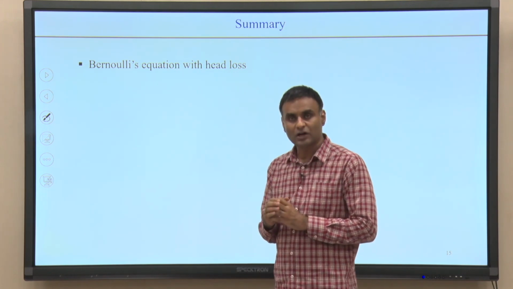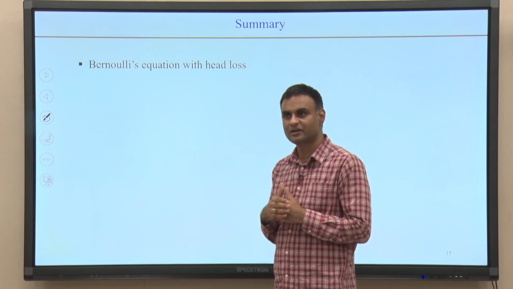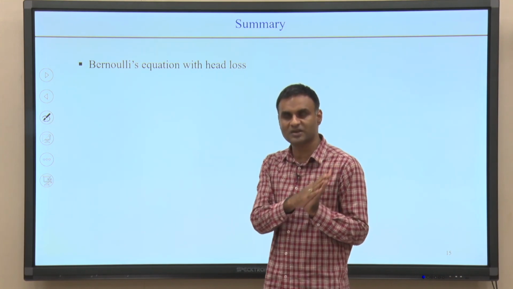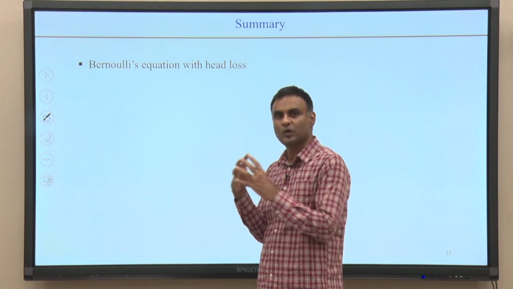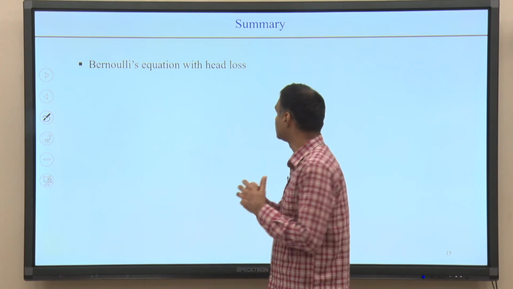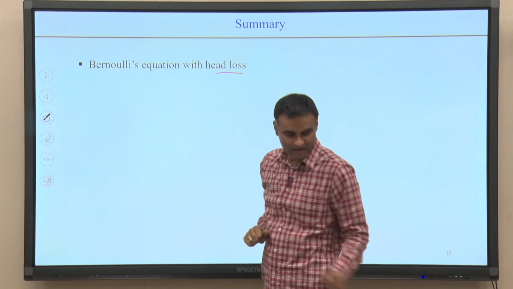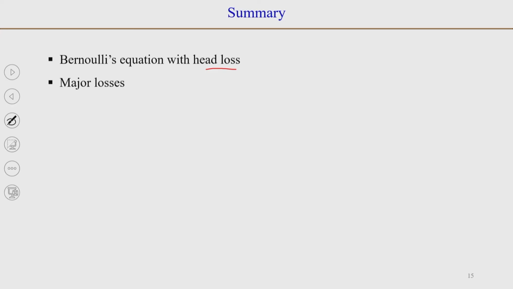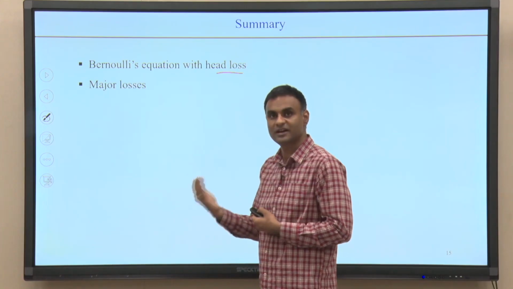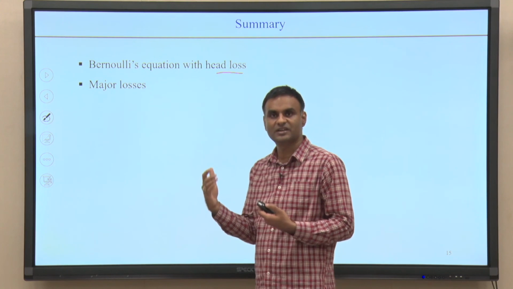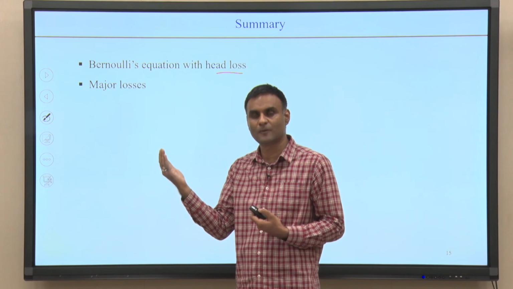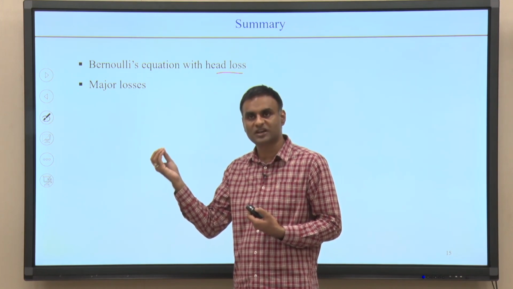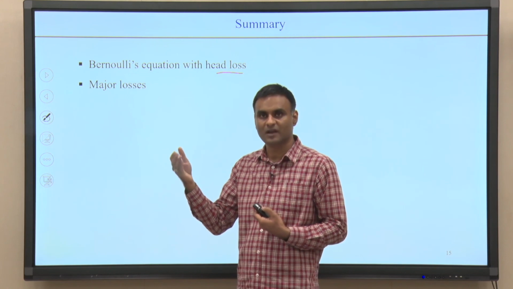Then we looked at the head losses, how we can calculate them. Using the energy equation and Reynolds transport theorem, we derived the Bernoulli's equation in a form where we also have the frictional losses or the head losses, and then we defined the different types of losses, major losses and minor losses. We said that major loss is basically the loss for fully developed flow in a pipe of constant cross sectional area and horizontal pipe.